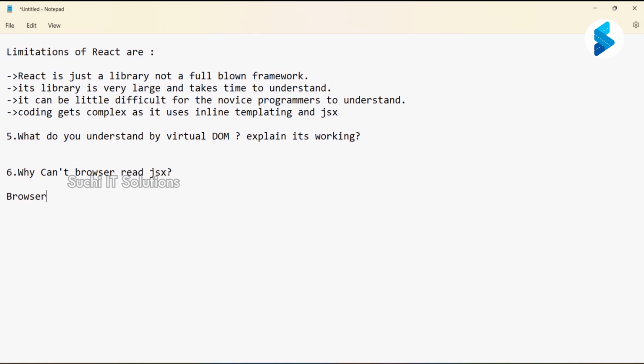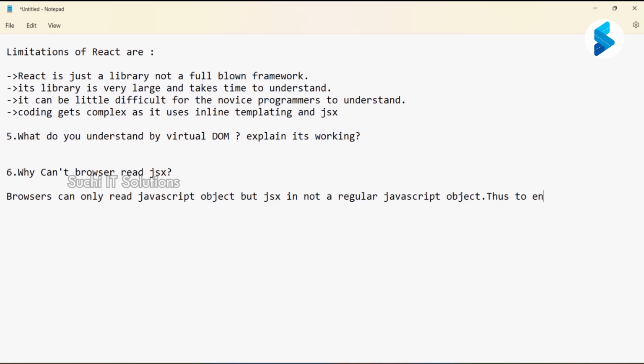Browsers can only read JavaScript objects, but JSX is not a regular JavaScript object. Thus, to enable a browser to read JSX,